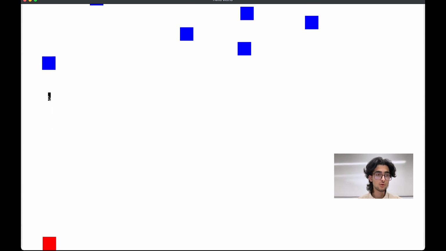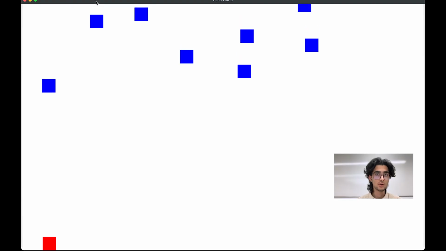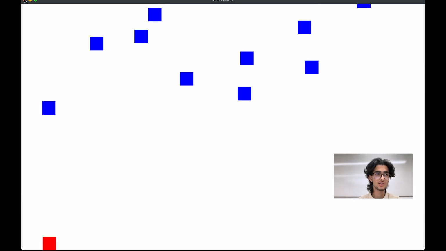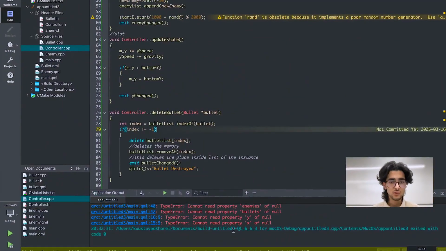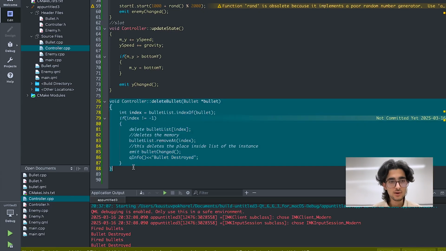But whenever I throw this bullet, it will go out of bound when it touches the window's height, which is 0. When it goes beyond 0, the bullet gets deleted automatically. So if you see here, it says bullet fired, bullet destroyed, because whenever it's going outside of the window, it's getting destroyed. So to destroy our enemy, I'm just gonna copy this function which was created to delete